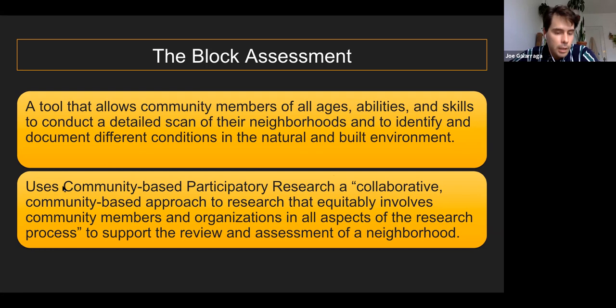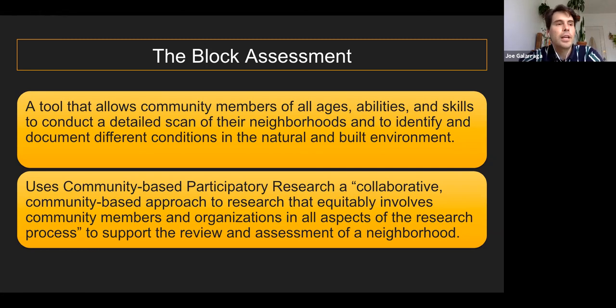And so in line with that, we're talking about another framework that the lab, or the center, likes to use, which is community-based participatory research. The idea here is that community members who are using this tool are a part of the research process. You're using a scientific method to gather data. And I think why CBPR is important is because, particularly in a case like this, nobody knows the community better than the people who live there.